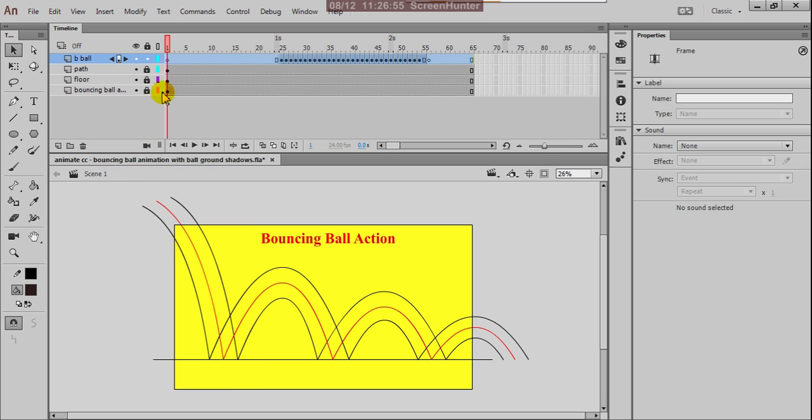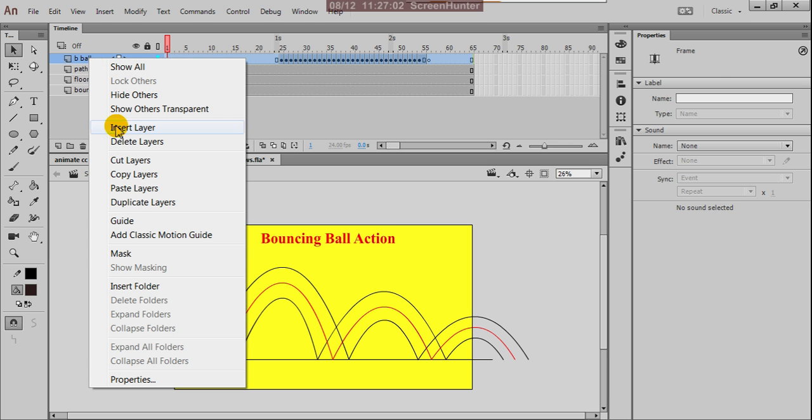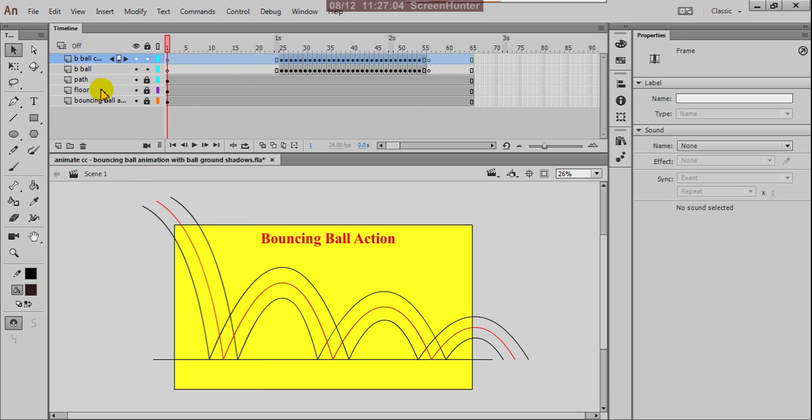Okay, layers copied, or otherwise duplicate layers. Suppose duplicated, the duplicate layer, drag down. So name it ball shade.